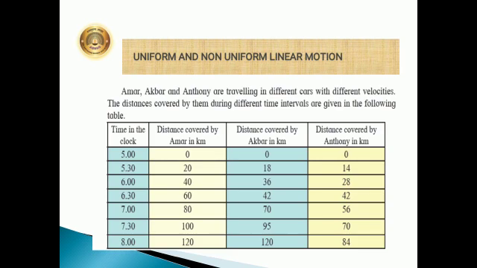Considering the distances covered by Amar, Akbar and Anthony in fixed time intervals, what can you say about their speeds? Yes, Amar and Anthony went at a certain speed because their difference in distance is the same. It was maintained, whereas Akbar was changing his speed. Correct.